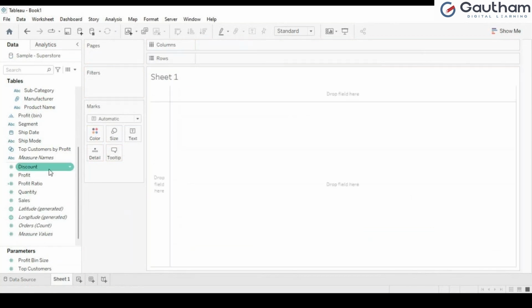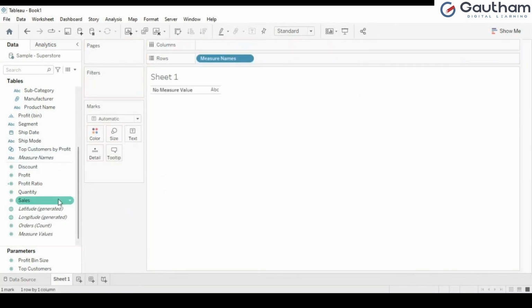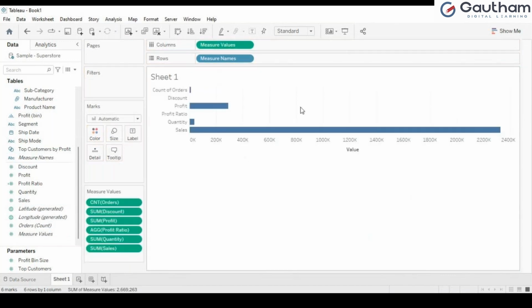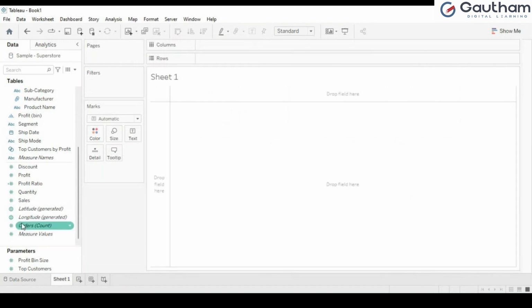Drag it anywhere, wherever you want: measure names into the rows or measure values into the columns. First we'll do this one, and see, there is a graphical column representation given by Tableau. I'm clicking the text for this so that you can see what is what. Before explaining what has happened here, let me give you a table view so that we can understand